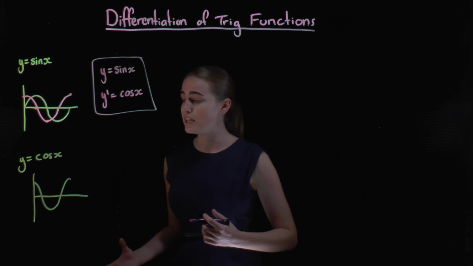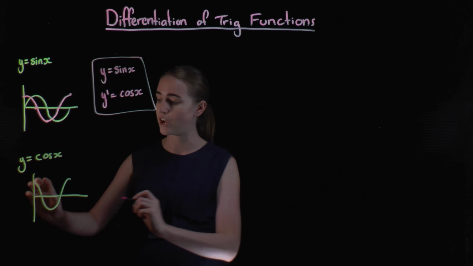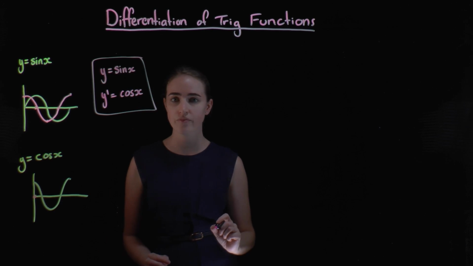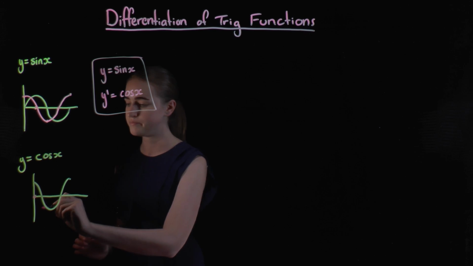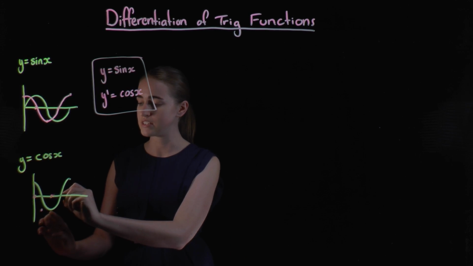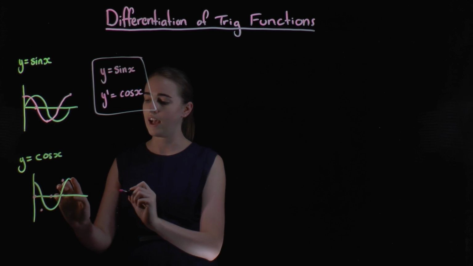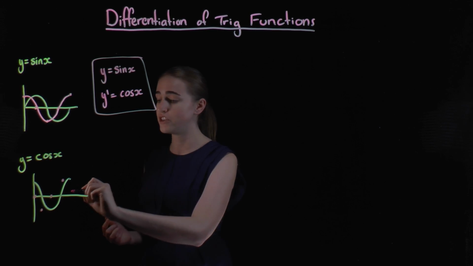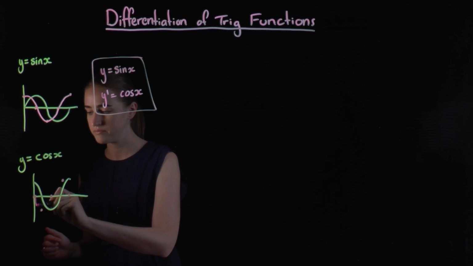So now if we draw in our gradients, so the gradient at this point here, that's a stationary point. So our gradient at that point will be 0. Our gradient at this point, just like this one here, will be -1. Our gradient at this point here is 0 again, because it's a stationary point. This point here will have a gradient of 1. And this point up here has a gradient of 0 because it's another stationary point. So if we join those together,